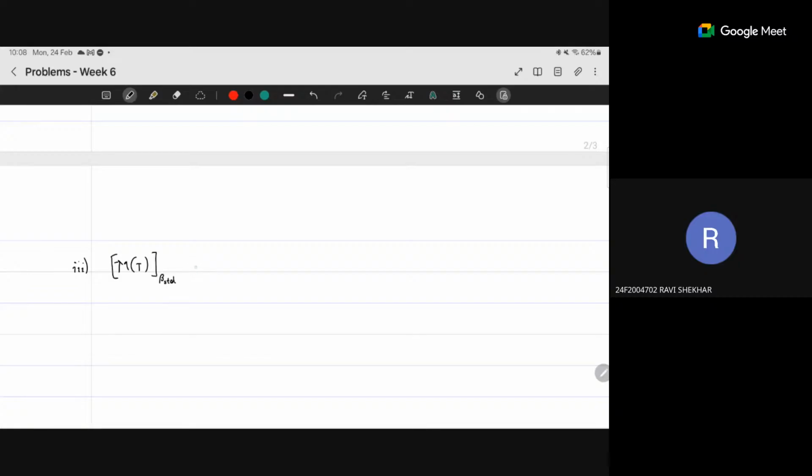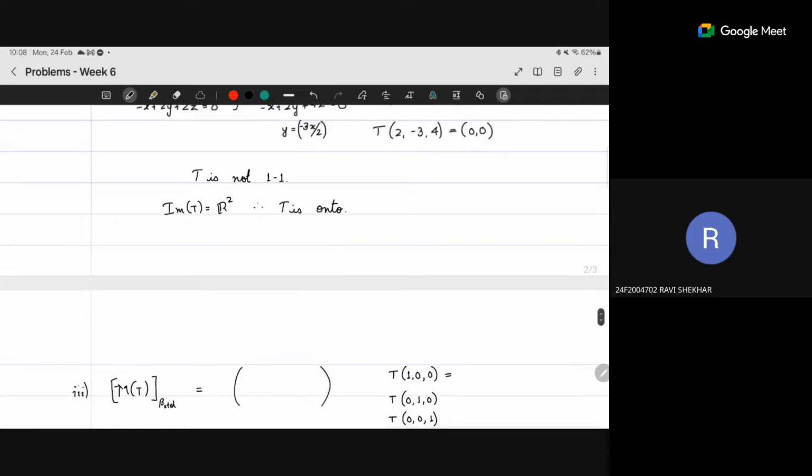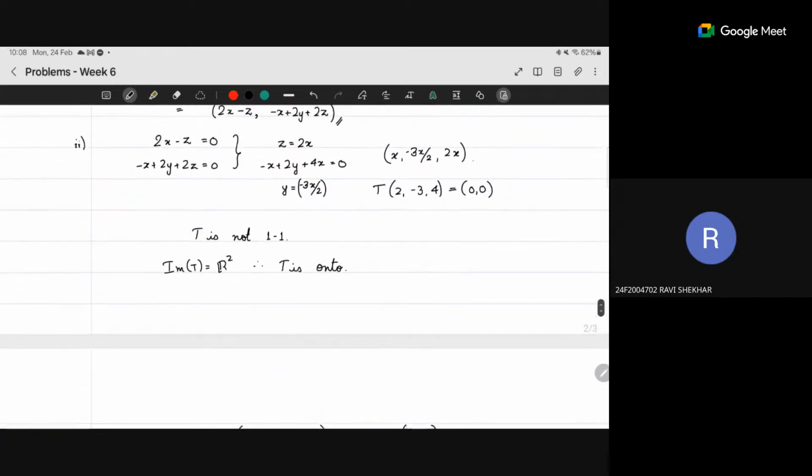I'm not going to write beta standard both ways. This is a R3 to R2 map, so it's a 2 cross 3 matrix. And what is the first column? I have to look at T of 1, 0, 0. Second column, I have to look at T of 0, 1, 0. And third column, I have to look at T of 0, 0, 1. Because I'm in the standard basis, right? I have to look at the image of the standard basis vectors and express it in the standard basis on the codomain. In this case, T of 1, 0, 0 is